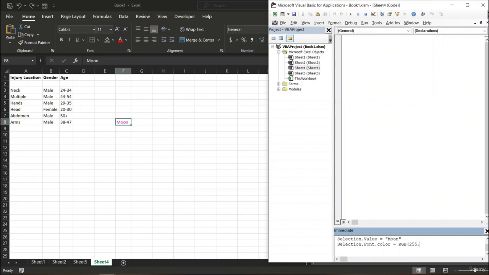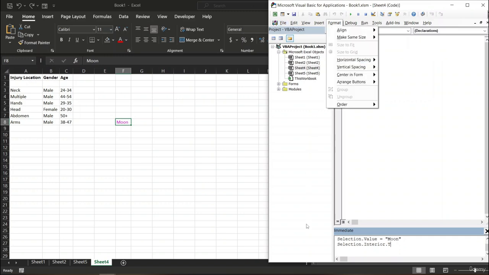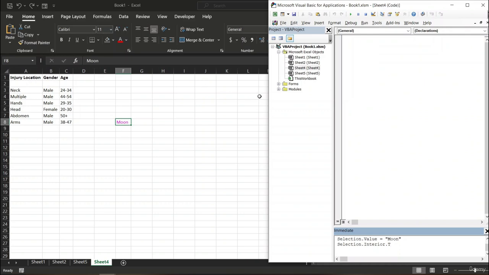If you actually want to change the interior, you can just delete all this, delete up to this one, and then type in interior, and then type in theme color,